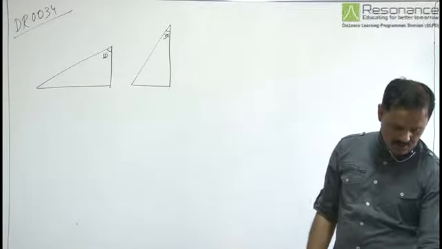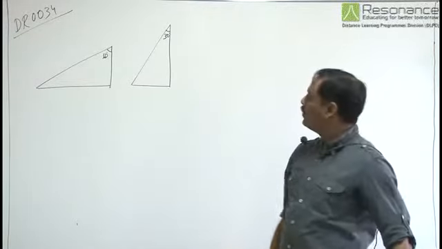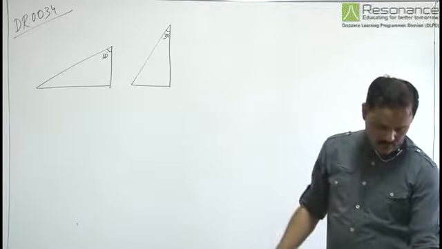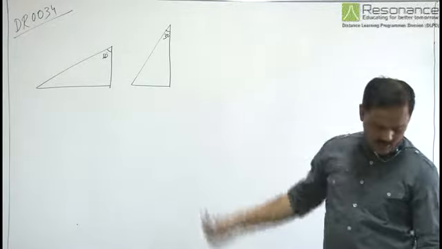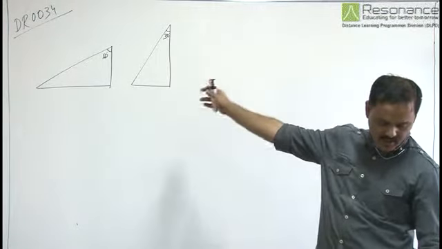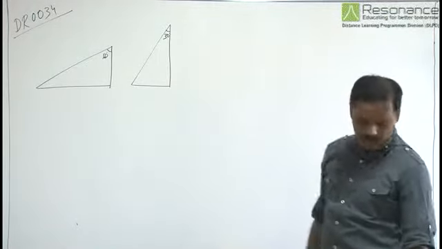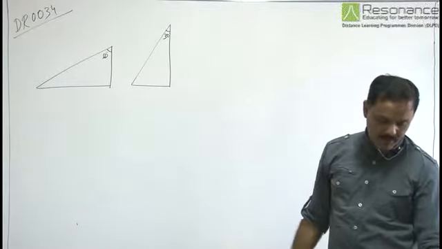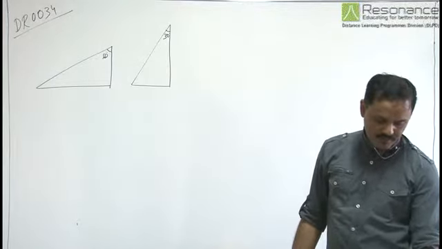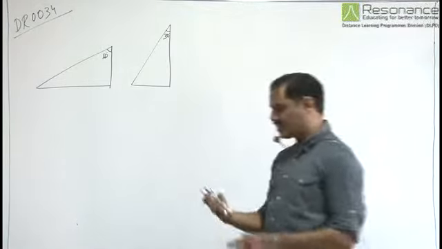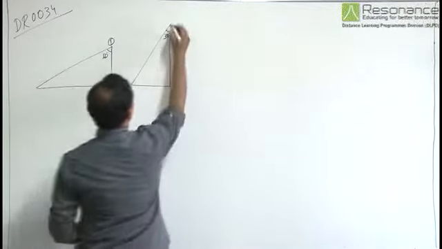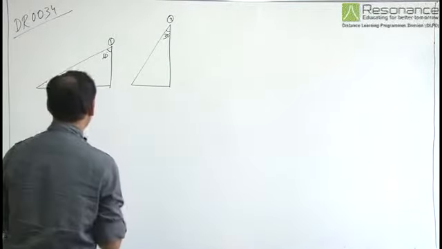In this particular question, there are two particles which start together from the top of two wedges and slide down along smooth inclined planes, where the planes make angles of 60 degree and 30 degree with the vertical, and they are in the same plane. We need to find the relative acceleration of the second with respect to the first. So here we have the first particle and here we have the second particle.